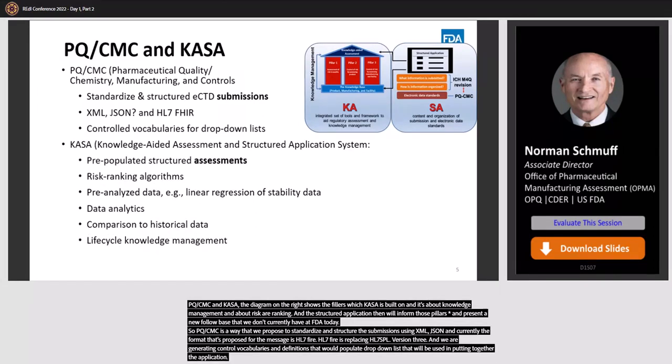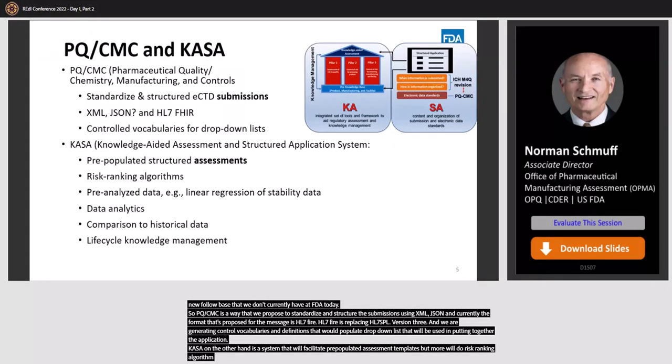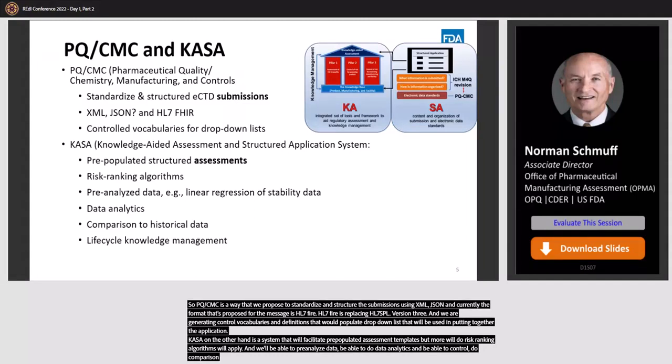KASA, on the other hand, is a system that will facilitate pre-populated assessment templates, but more, risk ranking algorithms will apply. And we will be able to pre-analyze data, we'll be able to do data analytics, and we'll be able to do comparisons across historical data. And we'll be able to do more knowledge-informed